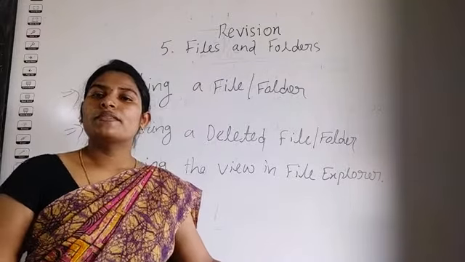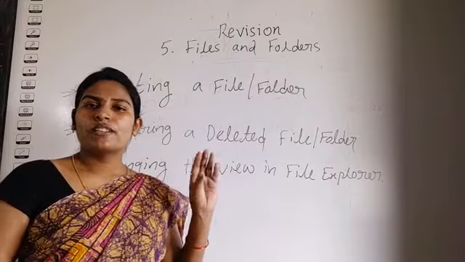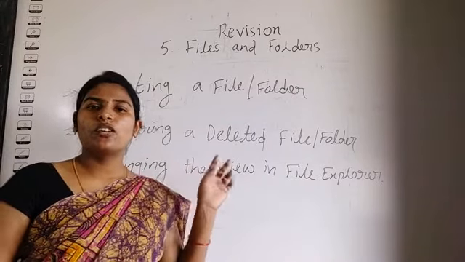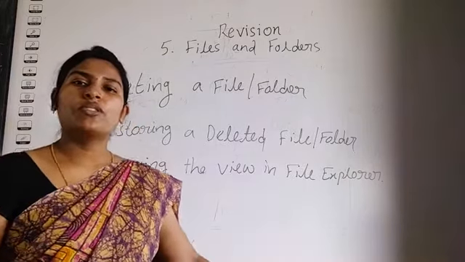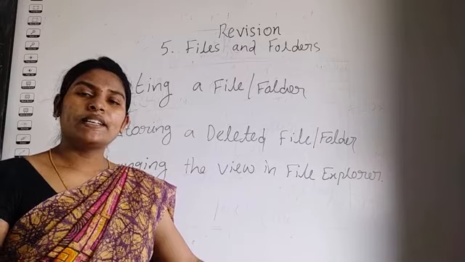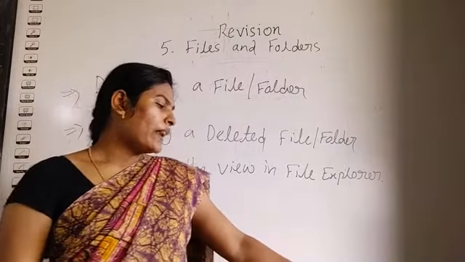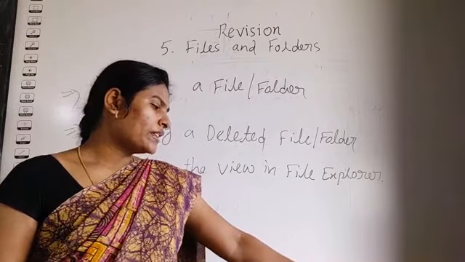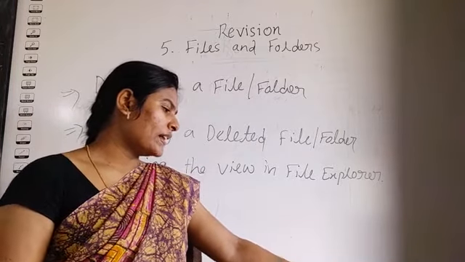When you double-click the Recycle Bin, whatever files or folders are inside, you can see them all in the content pane. From there, whichever one you want to restore, just click it. Clicking means selecting it. After that, what do we have to do? In the Manage tab, in the Restore group, click Restore the selected item.